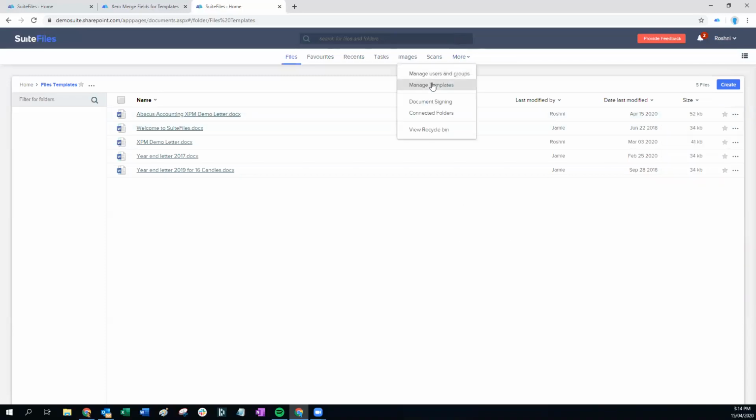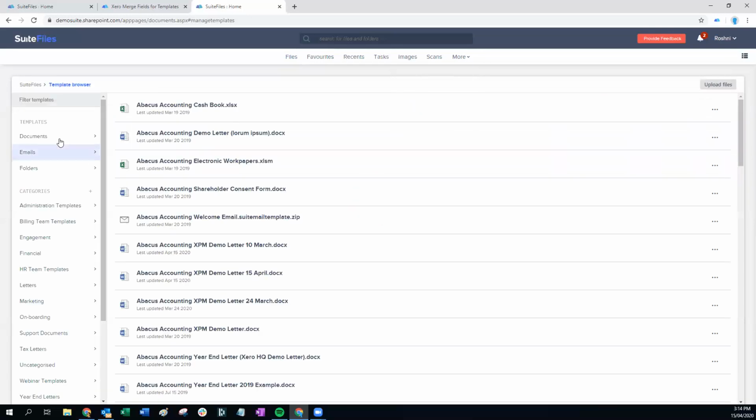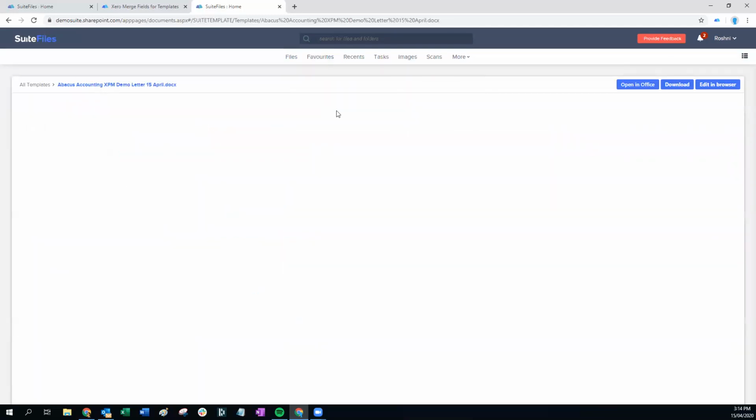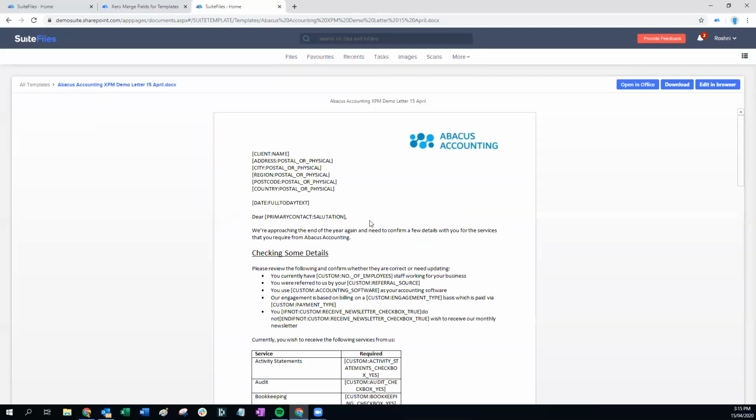But if you do edit your file templates from the template manager, so if I locate the one that I just created today, if you select the file template, you can actually edit the file template from within the template manager. Any edits that I make by accessing the document this way, because it's the actual template, any changes I make will be reflected in the template manager the next time either myself or one of my colleagues uses that template with client information. Just as an example, if I click on the edit in browser option,